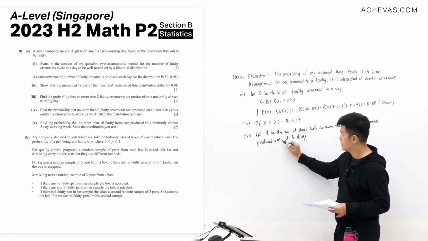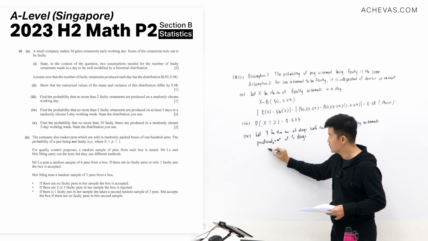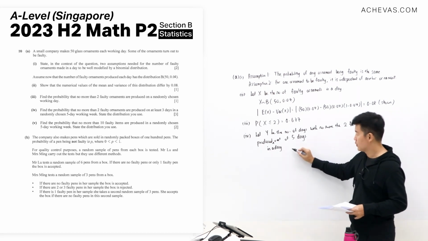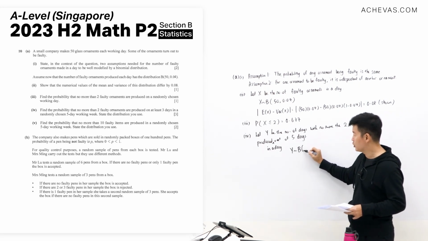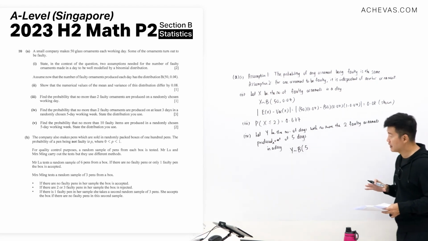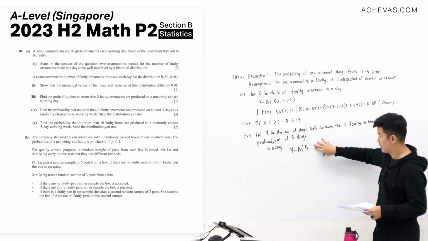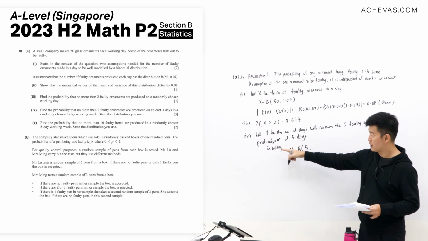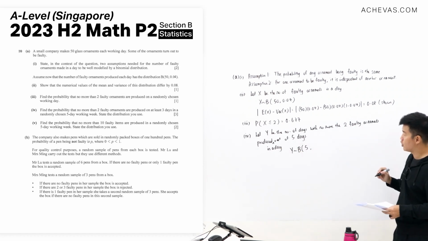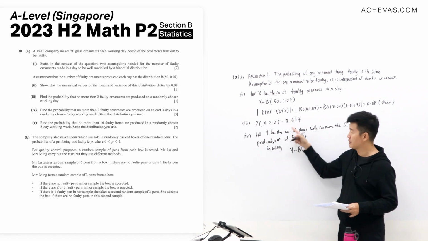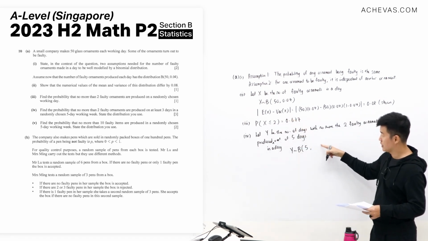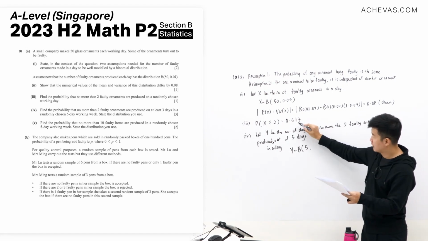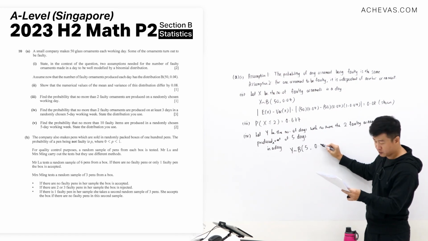Okay, it should be produced, maybe I should add in, that is produced in a day, out of the 5 days. So based on this, we know that y will follow another binomial distribution, out of 5 days. The probability of success is the probability that one day has no more than 2 faulty ornaments that are produced, which is actually this probability. So this is going to go into here. And of course, we have to use at least 5 significant figures. So writing this down in 5 significant figures,